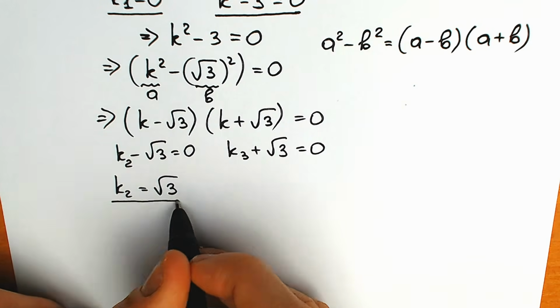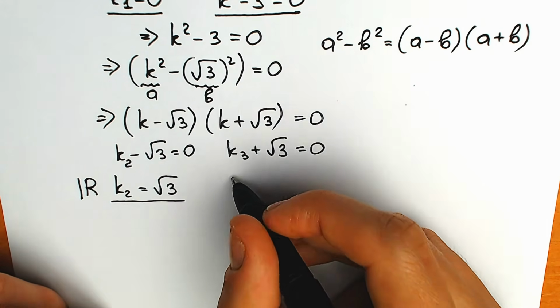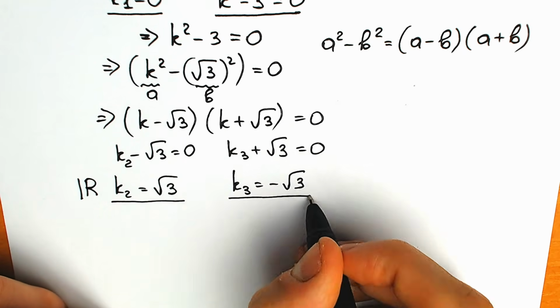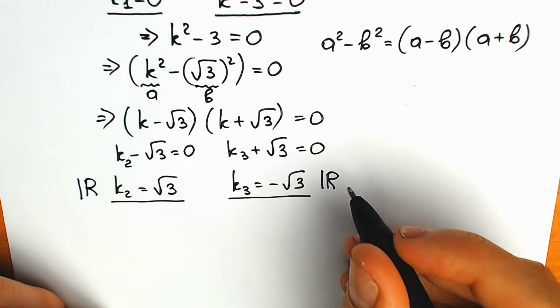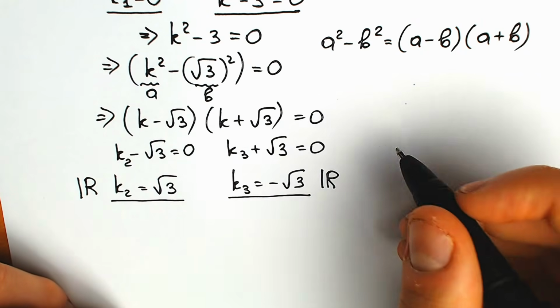This is our second real number root. I want to underline that this is our real number root. And k third equal to minus square root of 3. So this is our third root. So right now we can easily say that this is our full solution to this question, because right here in